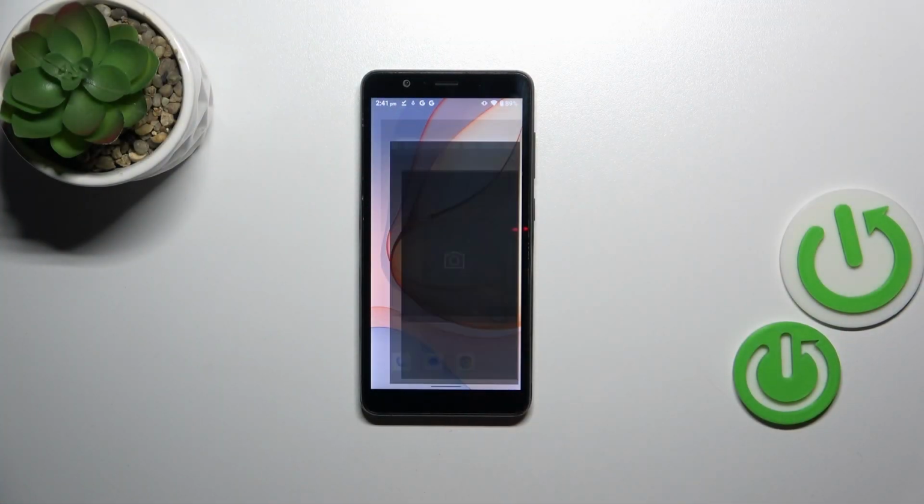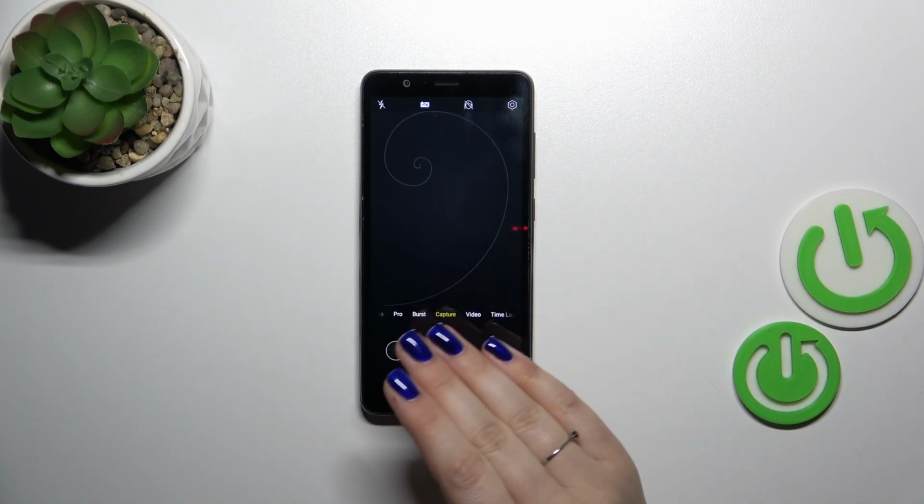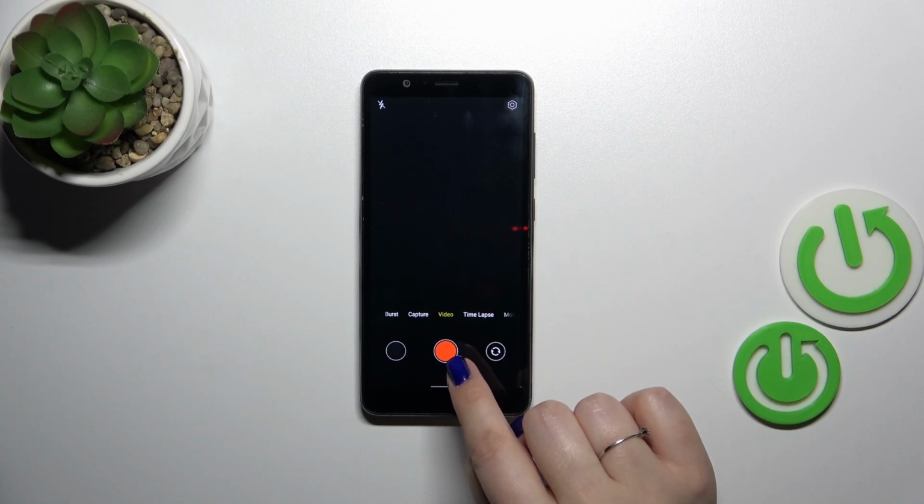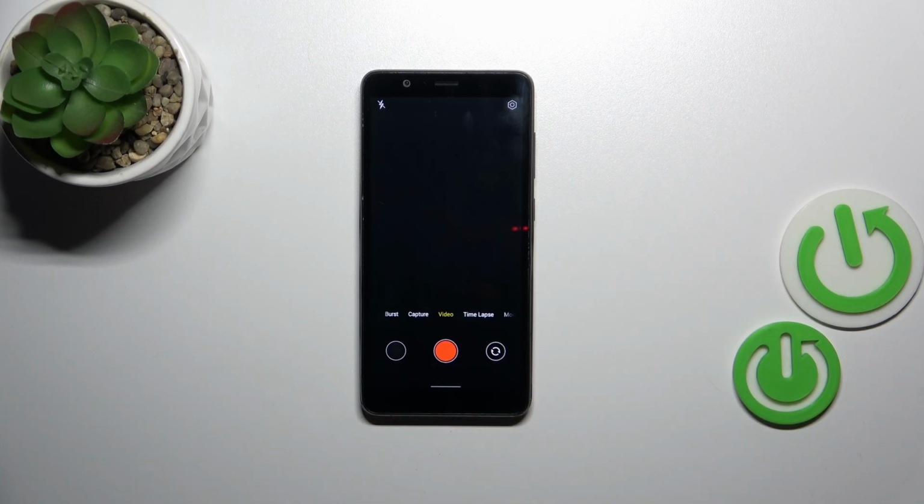Let's start with opening the camera app, and currently we are in the standard photo mode, so let's switch to the video one. Let's tap on it. If you can see this red color inside the shutter button, it means that for sure you're on the video